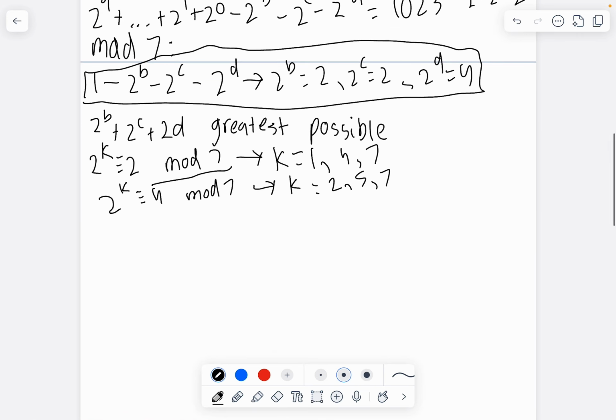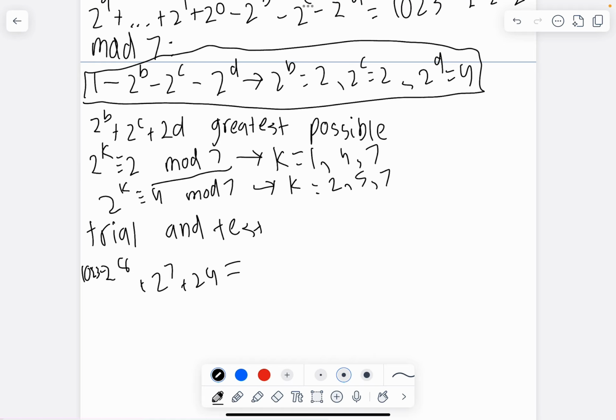And if we trial and test for a little bit, using these values that work, we can find that 2^8 plus 2^7 plus 2^4, and then 1023 minus this is indeed congruent to 623. And that indeed is a multiple of